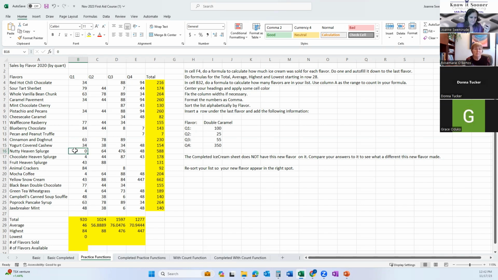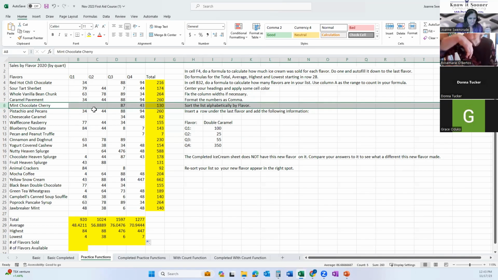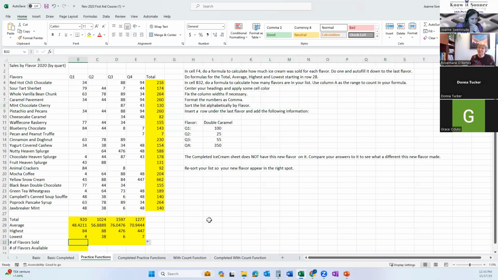I'm going to get rid of that 0 just because maybe at the end I'll compare it to the completed. So it says that 4 was the lowest. And this is great for if there were any 0s, it's like there were none. Well, I'm going to get rid of that line, whatever. Okay. So that is your sum, average, min, max. Any questions?